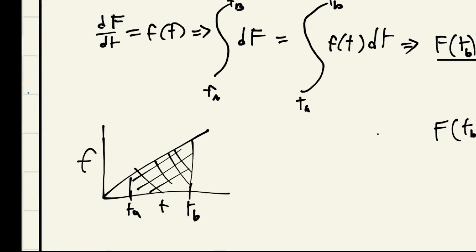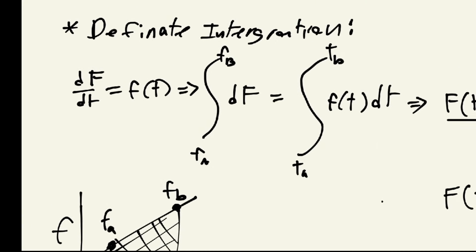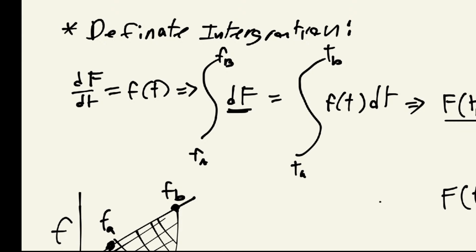This value over here, I call F sub a, because it's F at t sub a, and this value over here, I call F sub b. And so what I could do is say it's the integral of dF, which is just